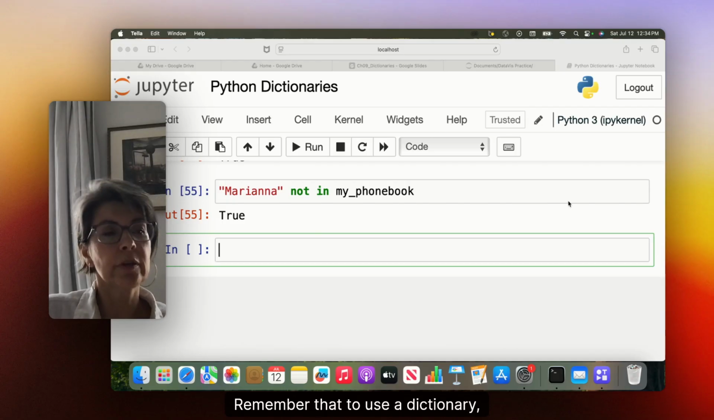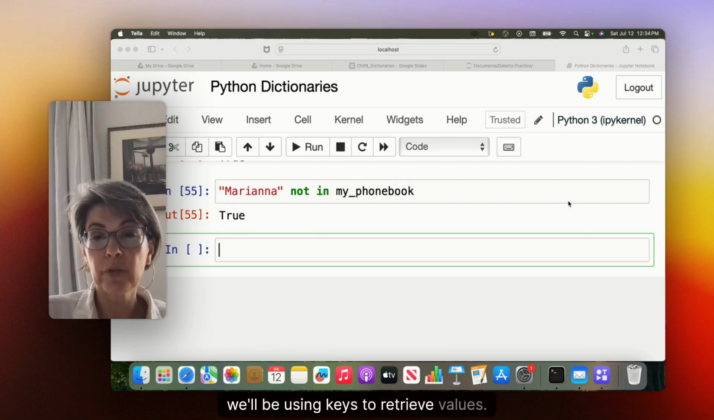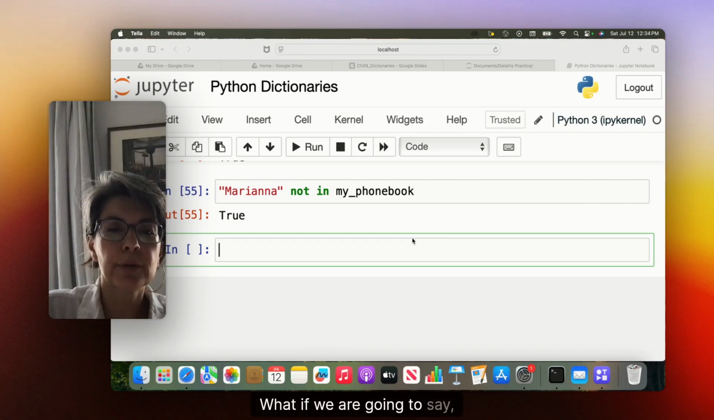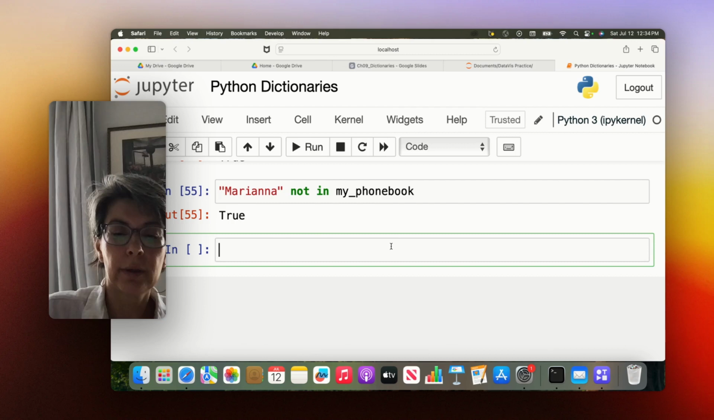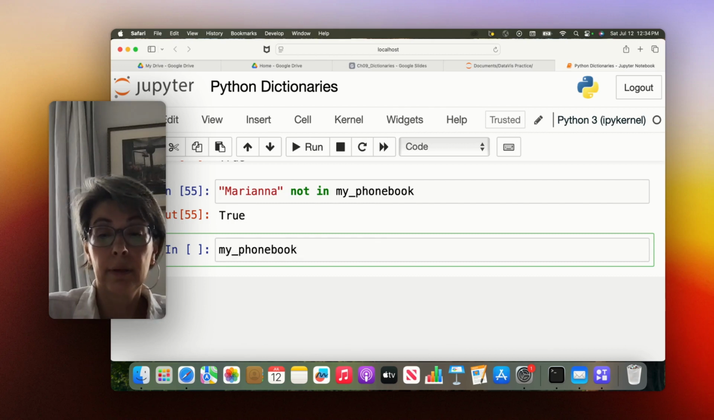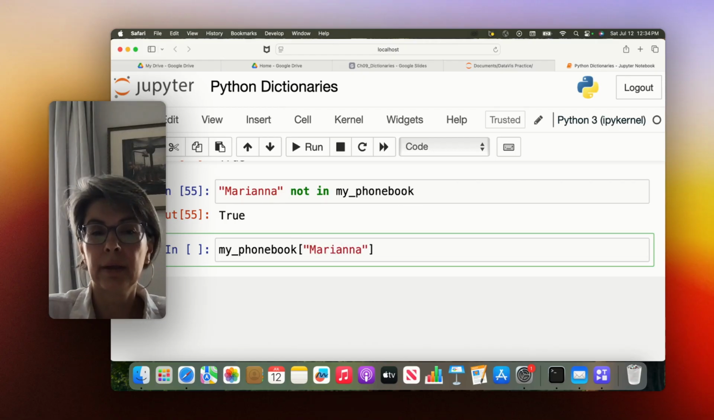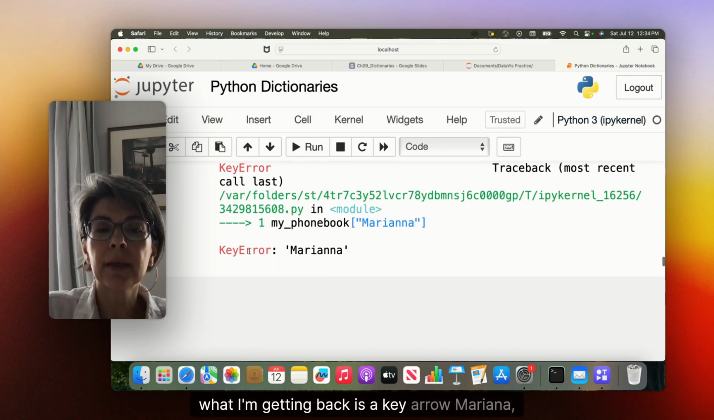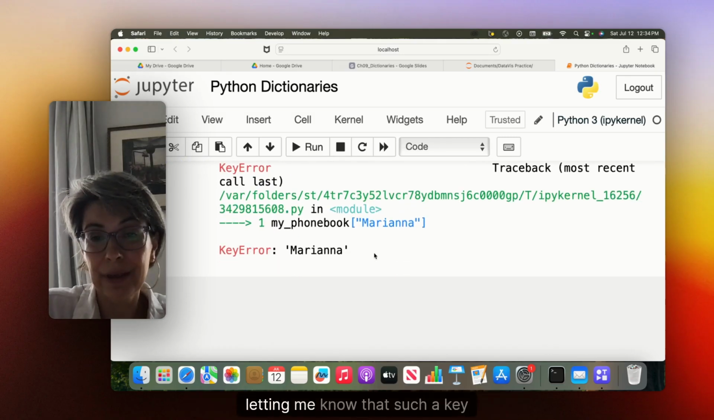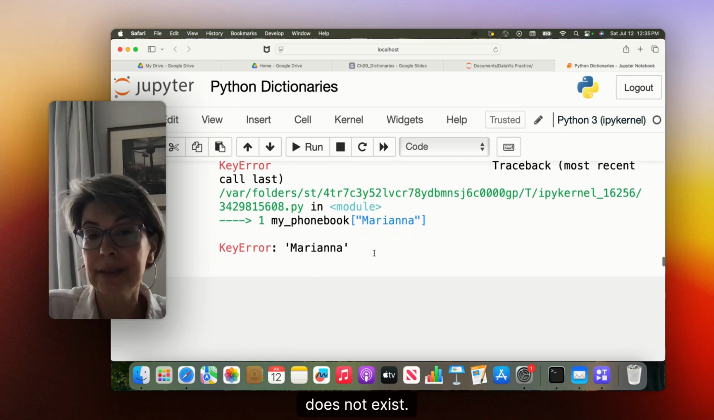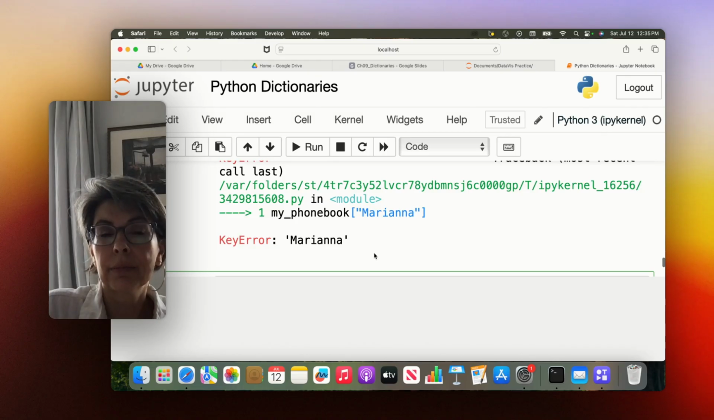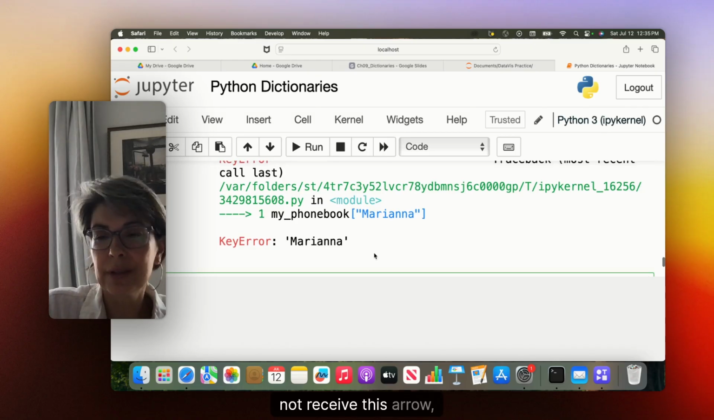Remember that to use a dictionary, we'll be using keys to retrieve values. So what if that key is not in our dictionary? What if we are going to say, my phone book with the key of Mariana, what is the corresponding value? See, what I'm getting back is a key error, Mariana, letting me know that such a key does not exist. So if you would like to not receive this error,